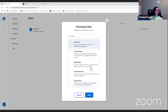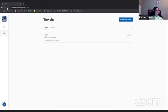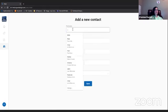So I'm going to give myself full admin and hit save. And then let me come back to our other screen. Let's see if that took. Here we go. So now as an admin, I can see any kind of projects that were open or closed. And here I have the ability to create new users. So if I wanted to create a new user with access,